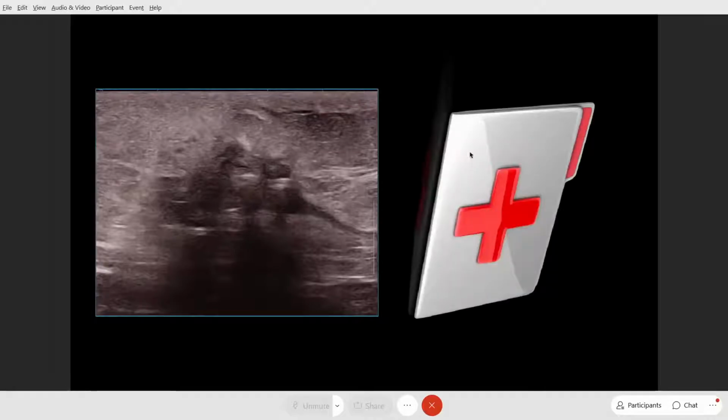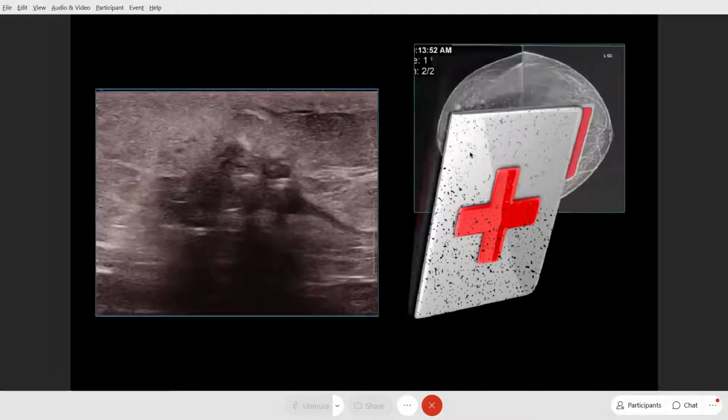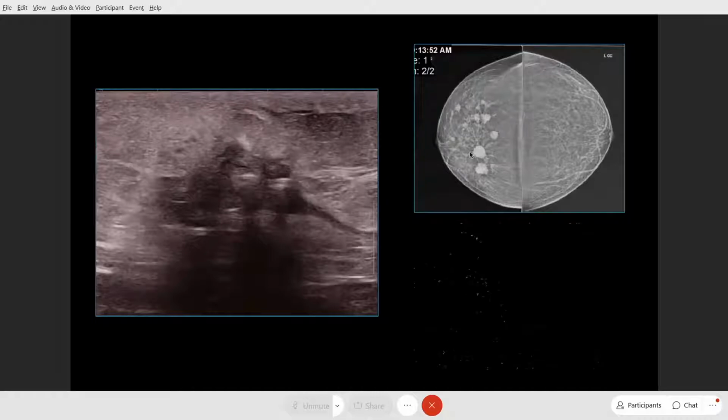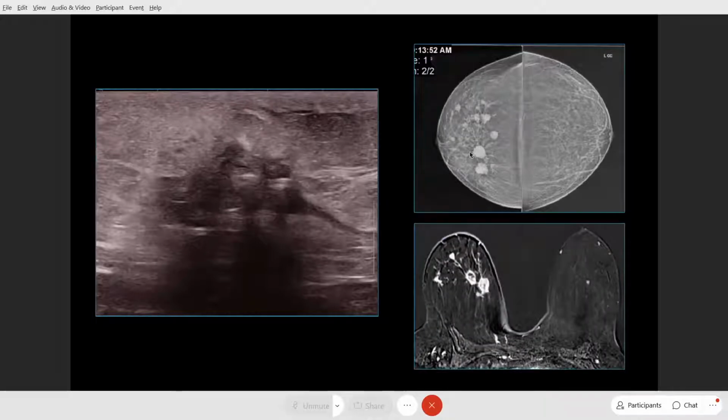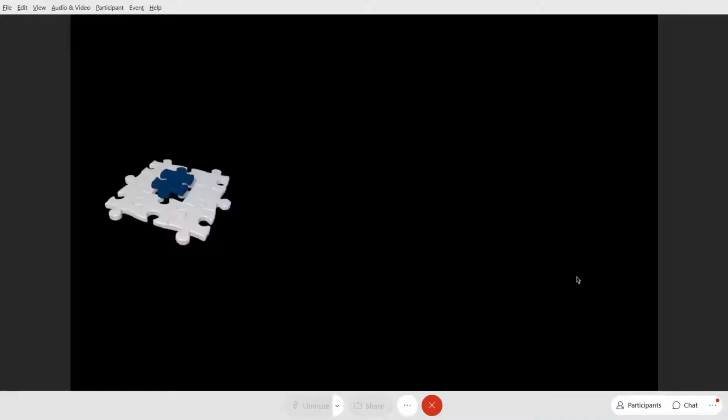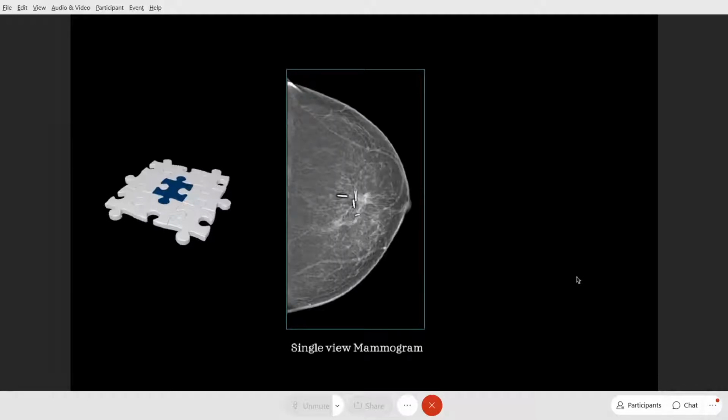Now, a little more information about the patient. We need to go through her files, talk to her, and then I realized that she is a case of multifocal multicentric right breast malignancy, for which she underwent mastectomy and also a lumpectomy for this little lesion which was seen on mammogram and MRI. And she completed treatment just a few months ago. So now, what will be our suspicion? Do we have to biopsy this? No, we can get a simple solution by doing a single view mammogram. And it was an area of fat necrosis at the surgical site.